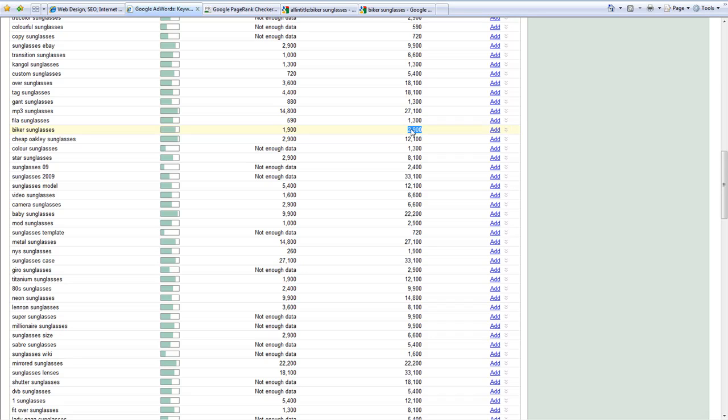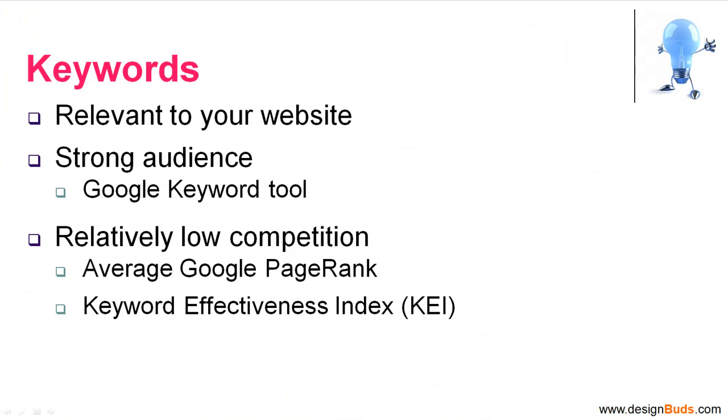Anything less than 20, I would usually consider a good keyword to be going for. So the average page rank for the term biker sunglasses, as the example that we're using, it's got the average page rank of less than 3, it's 1.2, and the KEI is less